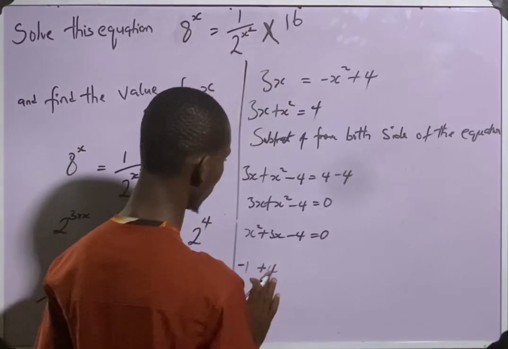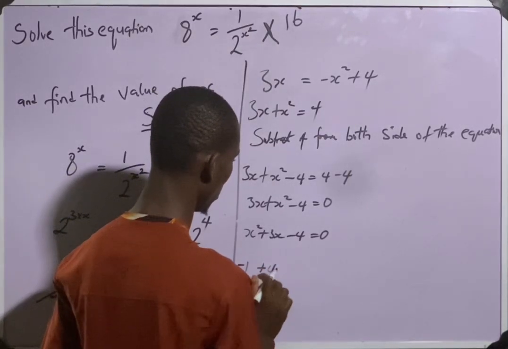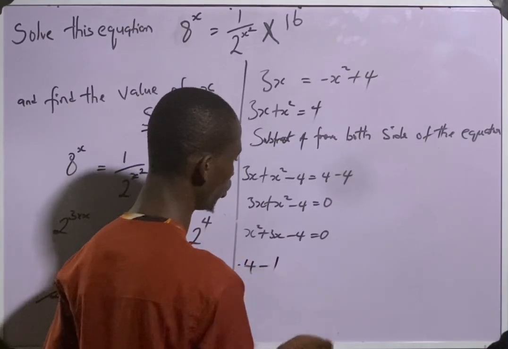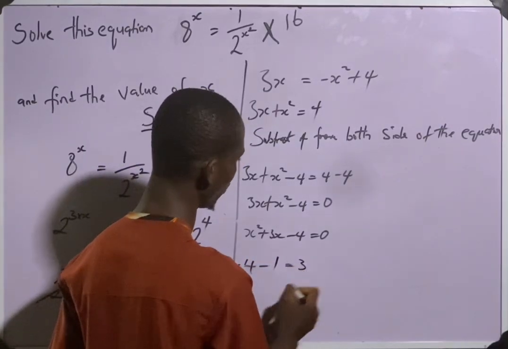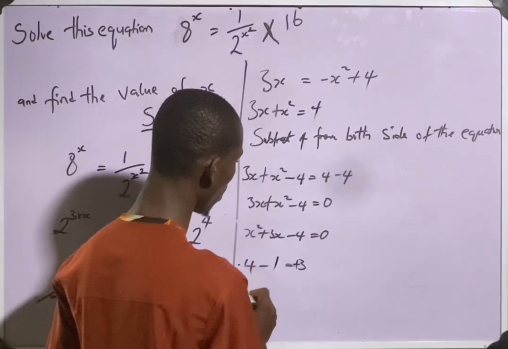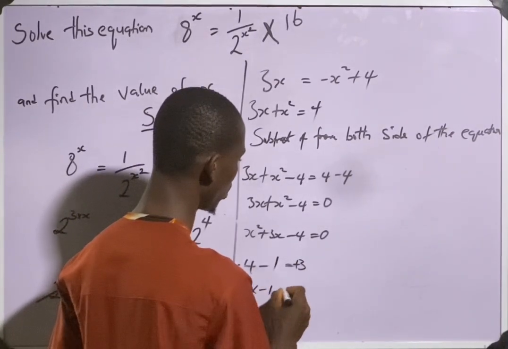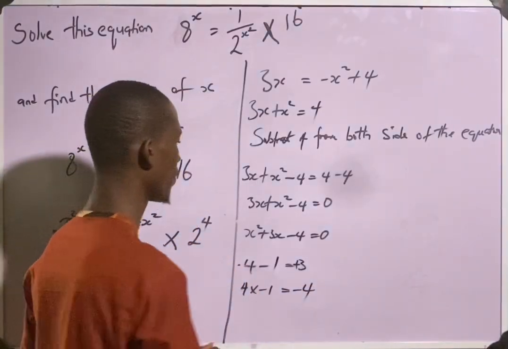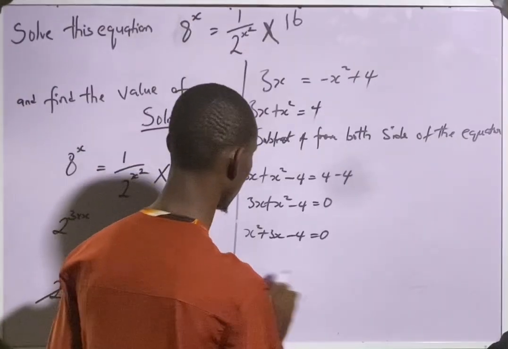That should be giving us plus 4 minus 1, or 4 minus 1 to make it simpler. It's equal to 3. That is plus 3, right? Then 4 times minus 1 gives us minus 4. Hope you understand. So that we will now be left with